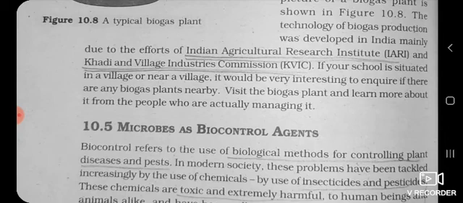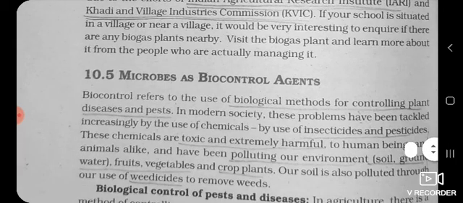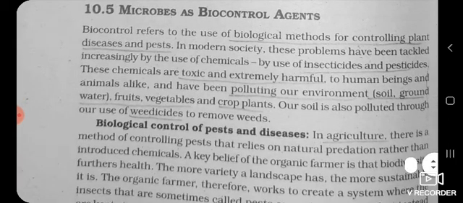In the last lecture we will discuss the MCQs for this biogas production. Here we have completed this biogas, or role of microbes in the biogas production. Now the next part is microbes as biocontrol agent. So in this chapter we have seen the role of microbes in the various fields. Now we will discuss how these microbes are used for controlling the other organisms, particularly the pest in the field which damage the crops. So see here, microbes as a biocontrol agent.